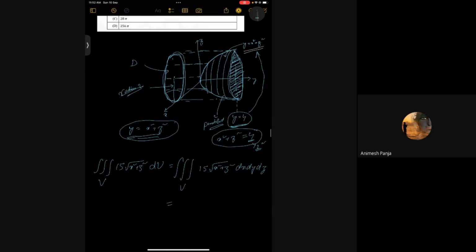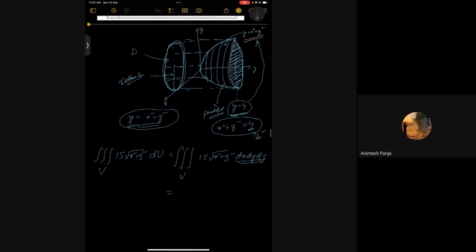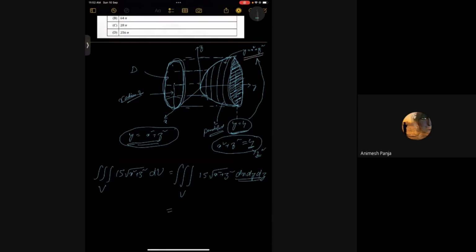Here, can you tell me which one I'll put first? Which one I'll consider to be the inner integral? The z variable or the x variable or the y variable? Can you tell me? Which variable? Can you please repeat which variable we are going to put as the inner integral first? Yeah, the y variable. Because